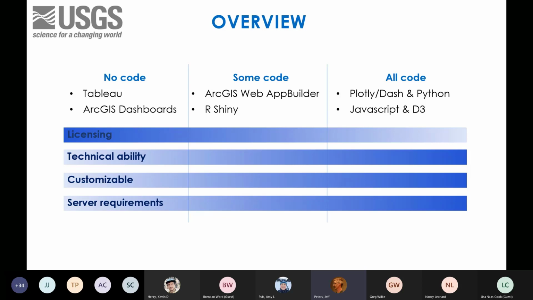And then we'll show you some examples that use some code, and that includes ArcGIS Web Map Builder, Web App Builder, and RShiny. And then if you're a real programmer and you want full customizability and you don't want to pay for a license, you can go for our Plotly example using Dash and Python, or JavaScript and D3 full customization, which Kevin will show you.